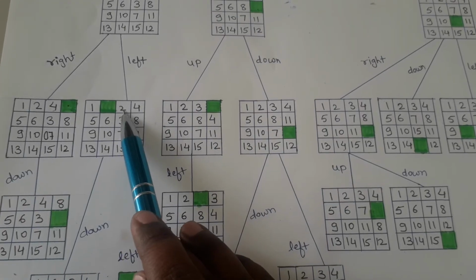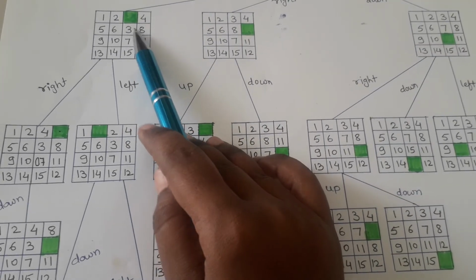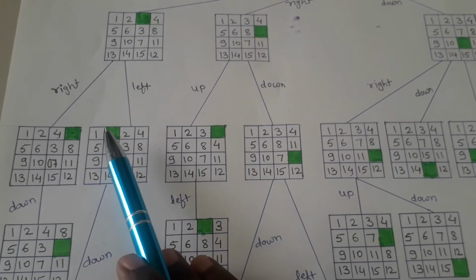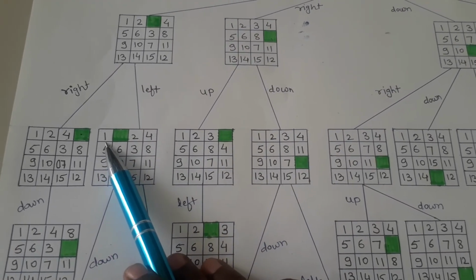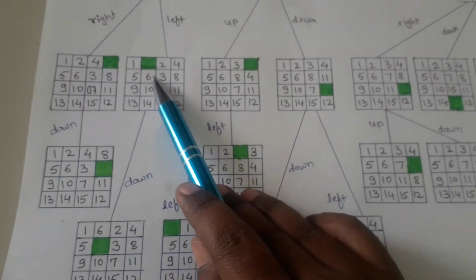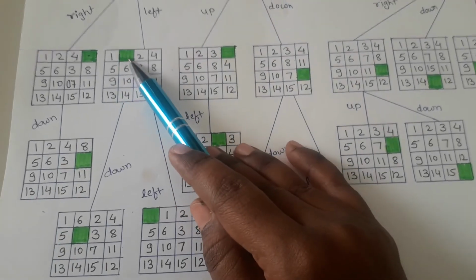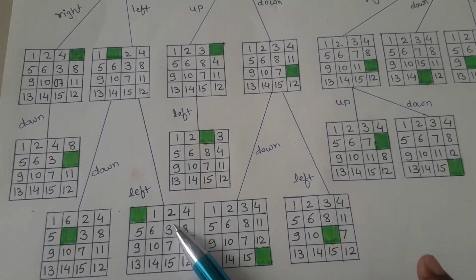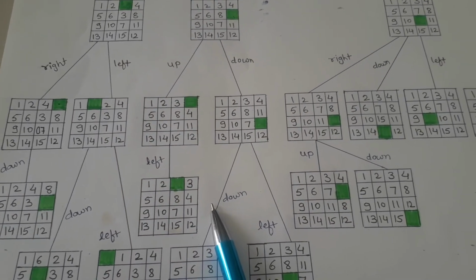So here 3 tiles are possible to move to this empty slot, that is 1, 6, 2. But if we see the previous state, this one, here we moved this 2 to this empty slot. So again if we move this 2 to this empty slot, we will get this previous state. So we will not move 2. So either we can move this 1 or this 6. Now if we move this 6 to this empty slot, then we will get this state. If we move 1 to the empty slot, then we will get this state. So till now we have not reached the goal state.